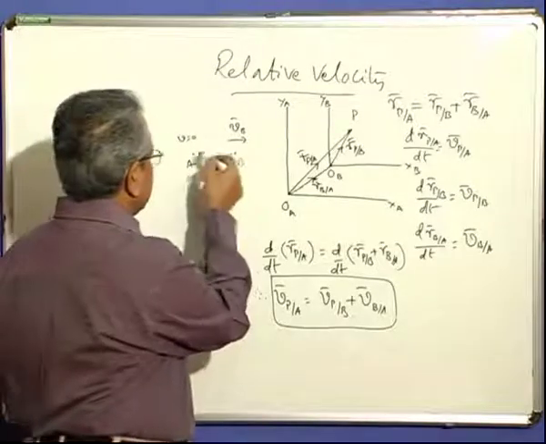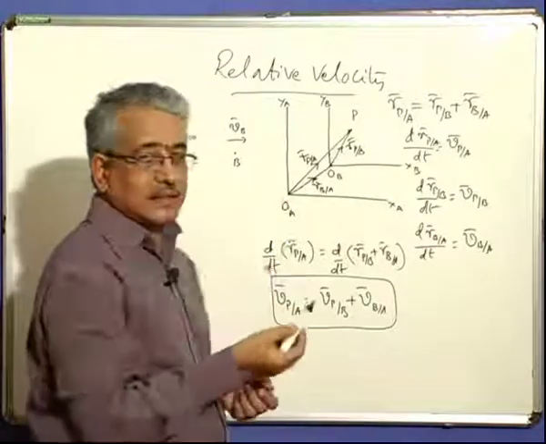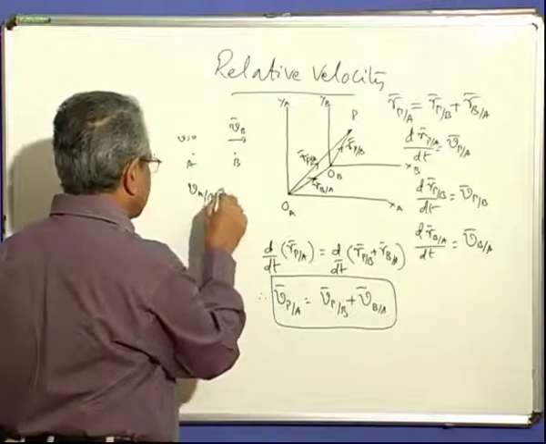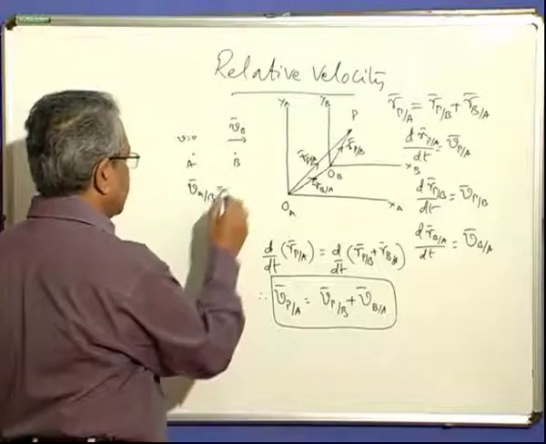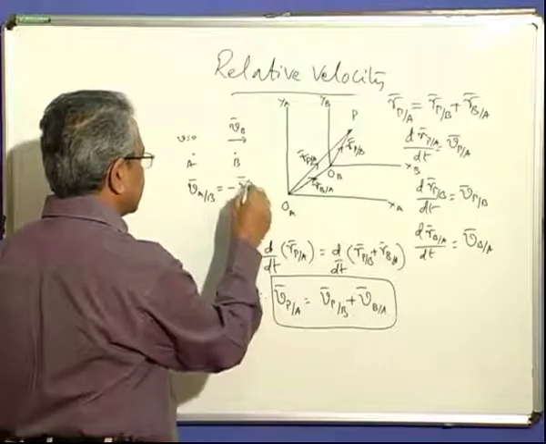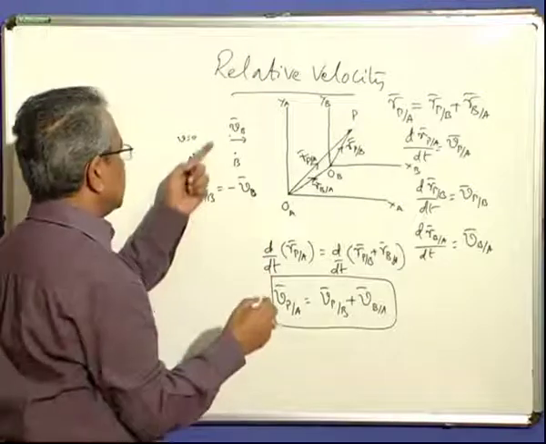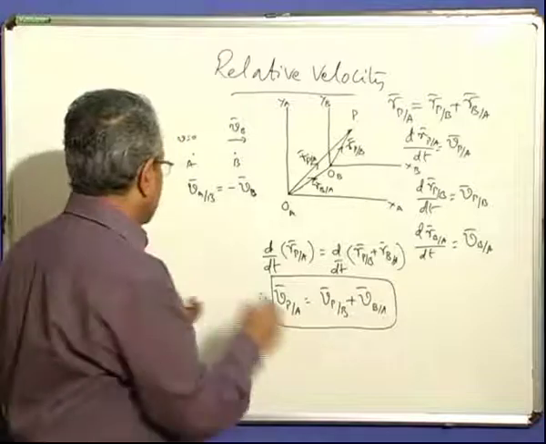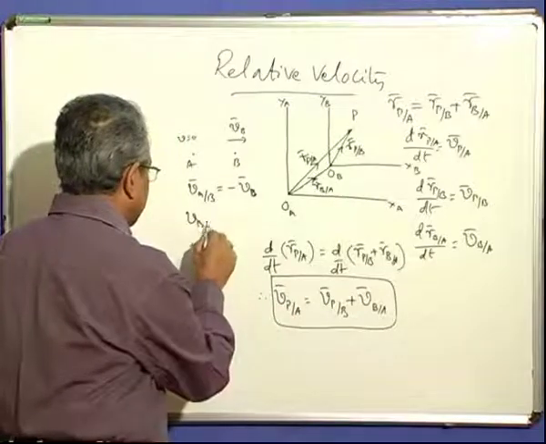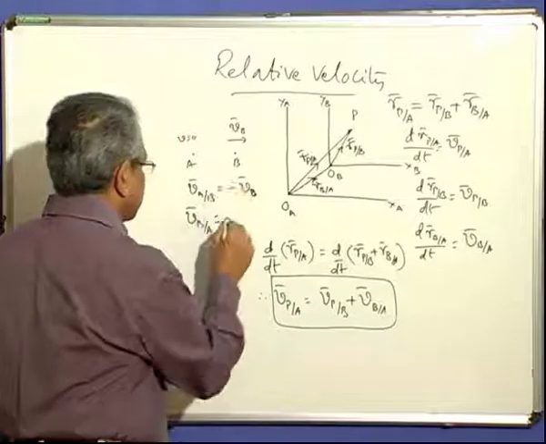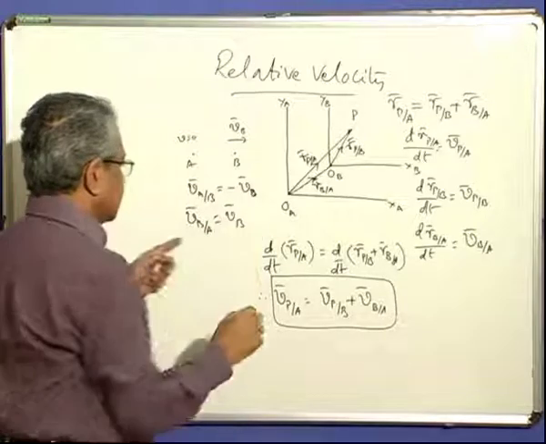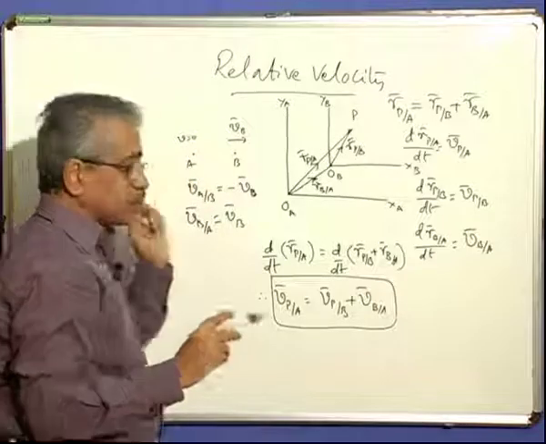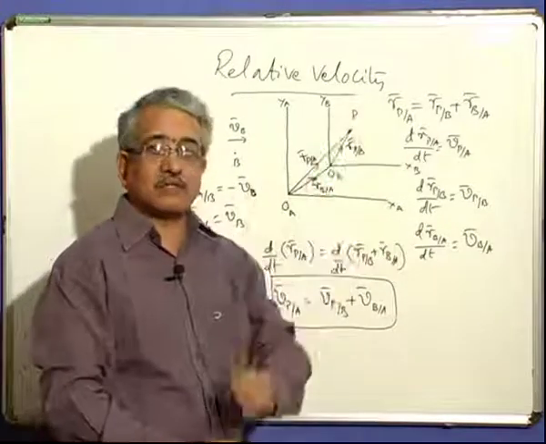But this fellow sees as if this fellow is going back, like the example I told you. So velocity of A with respect to B is that, with this minus VB. He is moving forward, but A sees as if he is moving backward. Similarly, velocity of B with respect to A. This is the actual velocity of B here. That means B as observed by A is not moving, so he will see as if he is moving forward.